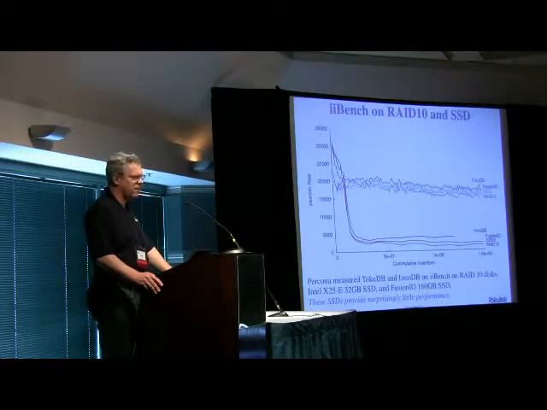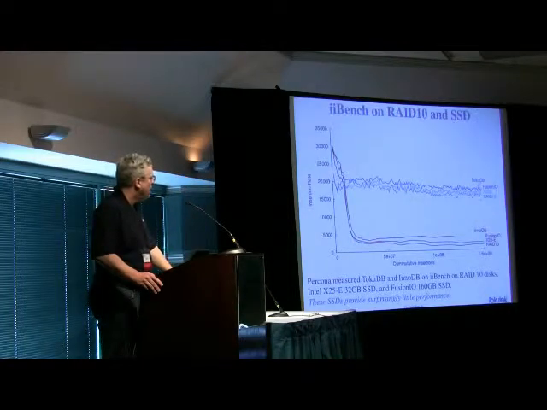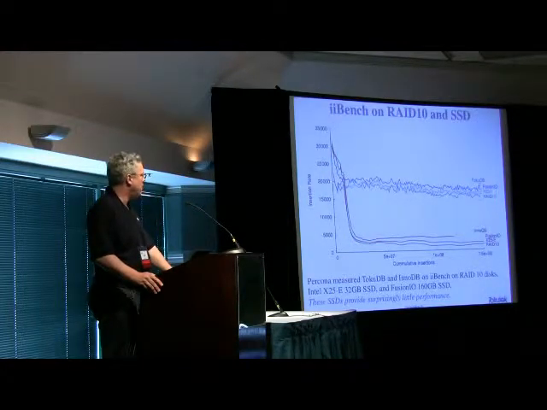That's at a huge cost. The RAID 10 is $1,000 worth of disks, and there's a terabyte of data there. The Intel device is a 32 gigabyte device and costs $400, so the price per byte is much higher. And the Fusion I/O is a really expensive device. I don't know the exact price, but I heard it's over $10,000 for that. So it doesn't seem like a very good performance trade-off to be spending that kind of money to get these fairly small performance increments. The top numbers are the Tokutek numbers, and we also get some small advantage from the